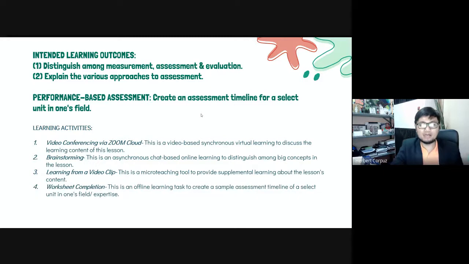And number 4, next week, you would be asked to complete a worksheet to check whether you know how to create an assessment timeline. And of course, after doing this lesson, you would be doing a quiz, a timed summative assessment, similar to what you did in the first lesson to complete your understanding of this chapter or of this unit of the learning